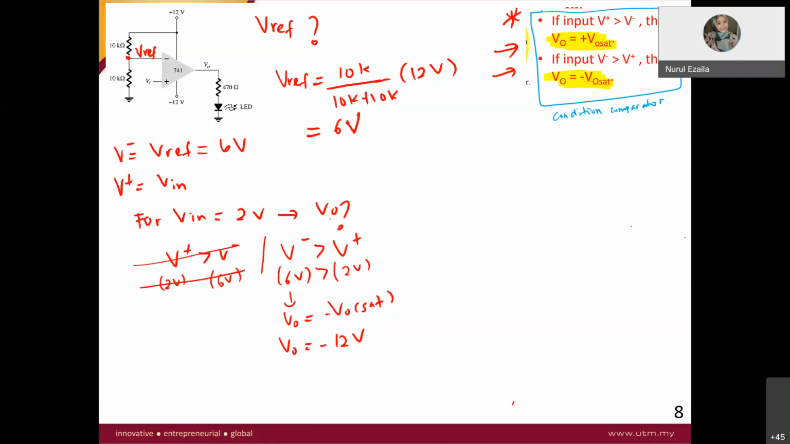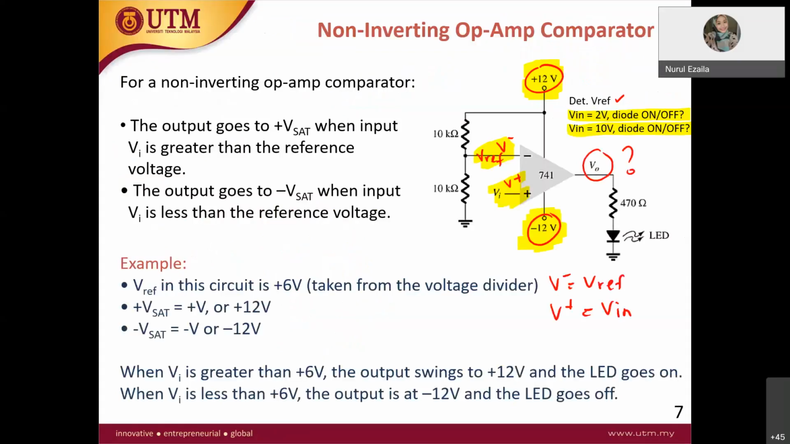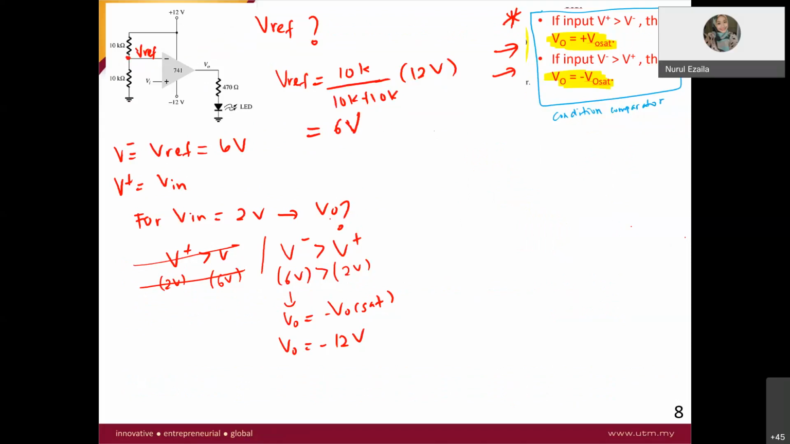All right, did you get the point here, everyone? Now, we have not yet finished the question. They said that if V in equal to 2 volt, determine whether diode on or off. So now you already have your V out here as negative 12 volt. Negative is connected to the anode of your diode, and this is the cathode. What will the LED look like? So if I draw it here,